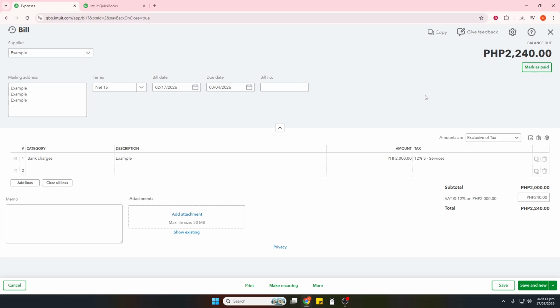That's the entire flow. Turn on QuickBooks Payments under Settings, open the invoice, ensure credit card